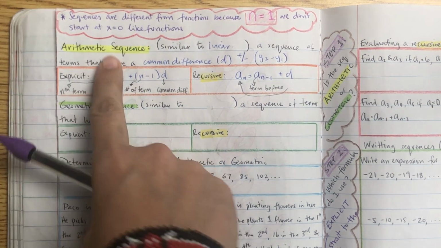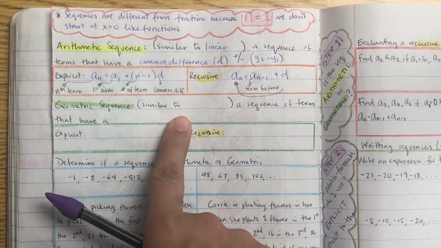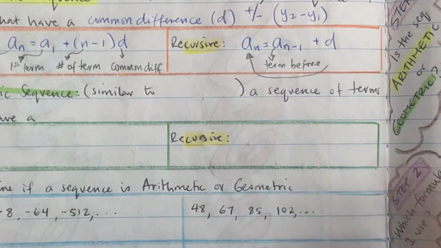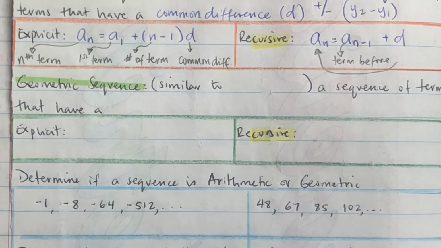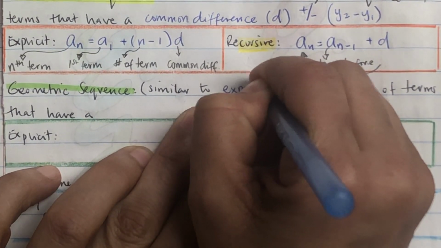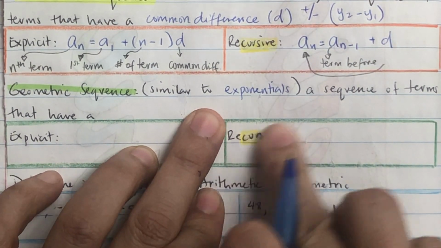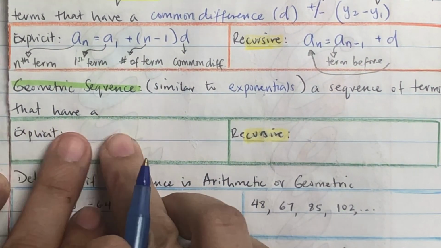Okay, so arithmetic is adding and subtracting. Geometric is similar to what we just worked on, which is exponential functions. So it's similar to exponentials. This is a listening check. Color in exponentials. Okay, and what that is is a sequence of terms that have a